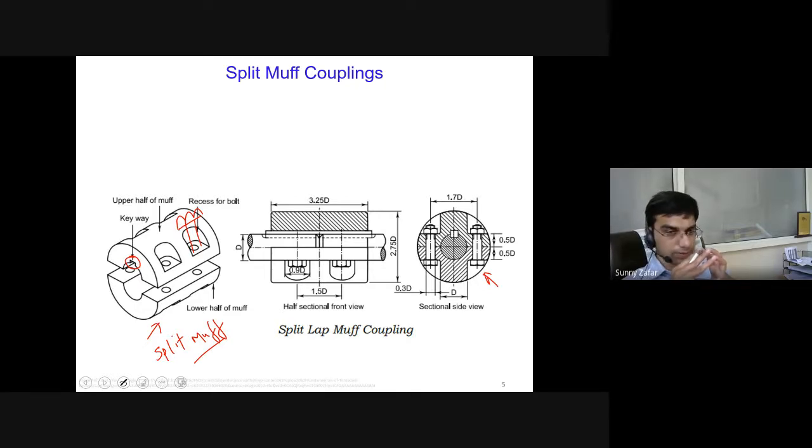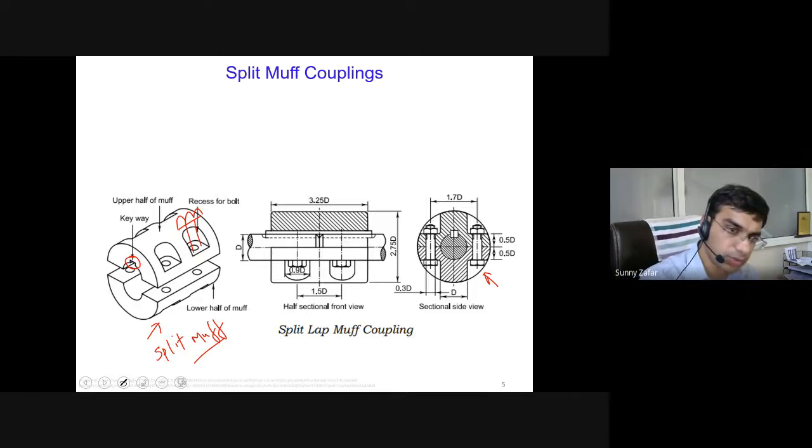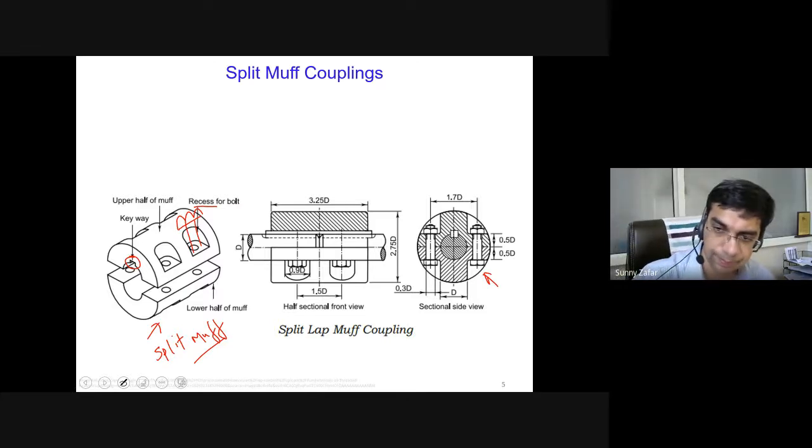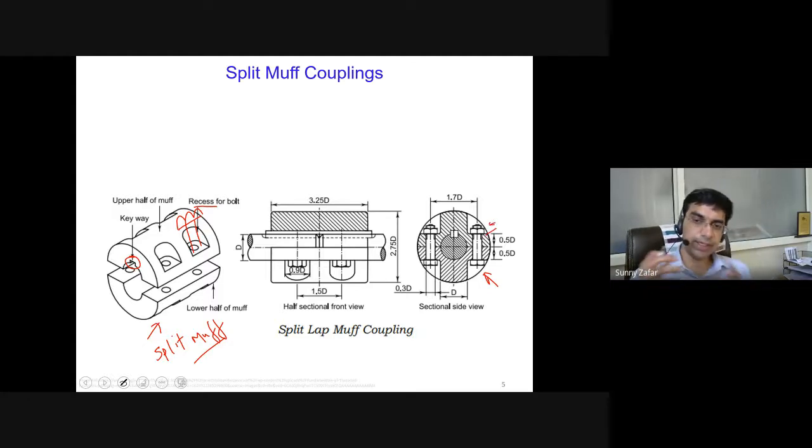So generally, the recesses or space for the bolts have to be created so that the bolts are completely covered and not protruding beyond the muff. So we create this type of recess, and these bolts are then provided, which are held together with these nuts. If you look carefully at this end, you will see that the threaded part is also shown, the bolt is also shown. So these are held together. In some cases the bolt is also specified, say M8 or M10. Depending on the specification mentioned, the corresponding bolt has to be drawn.